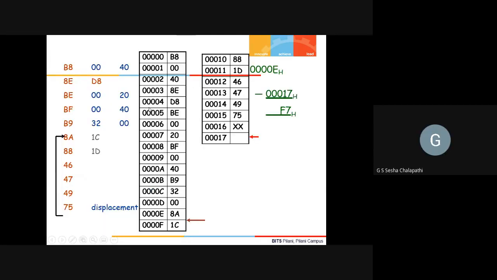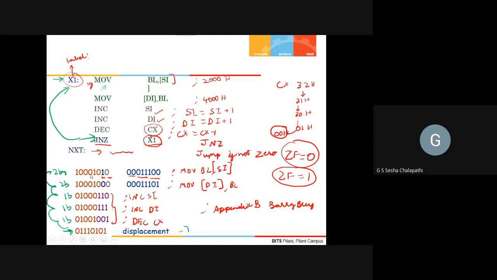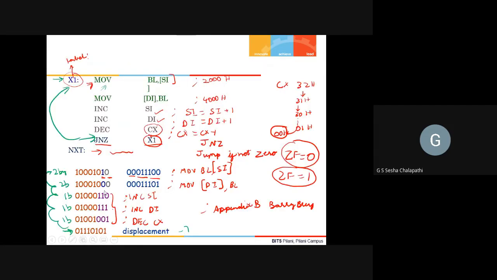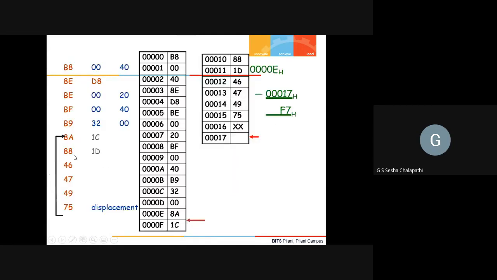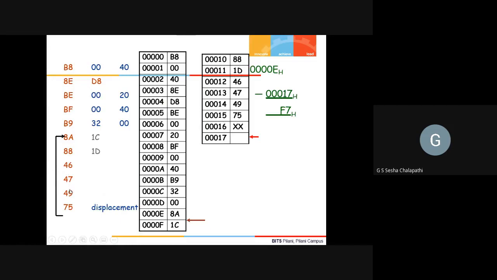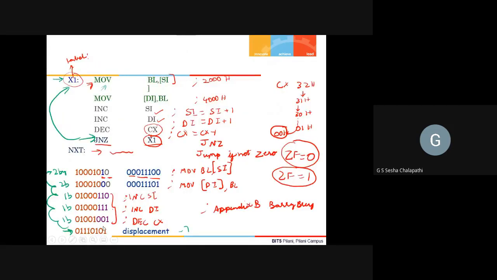So what will happen here is, for example, this is 8a 1c. Then the next instruction is 88 1d. Then this is 46, 46, 47, then 49.